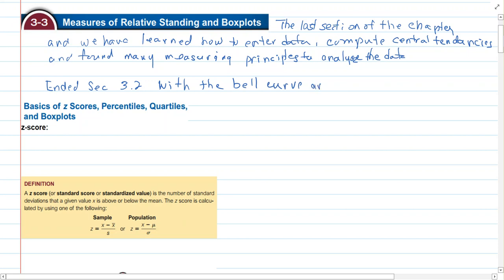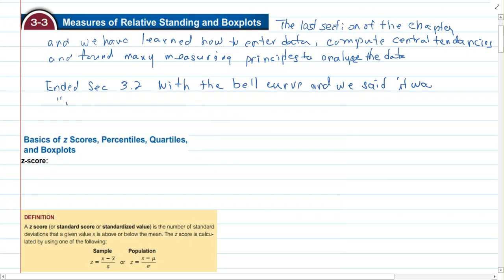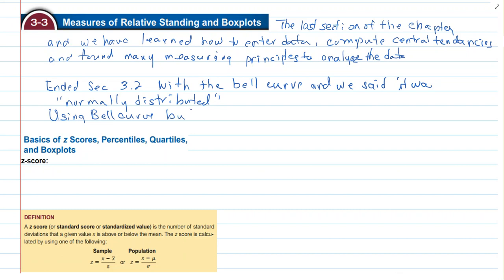And we said it was normally distributed. And we said that was a key word. Well, in this last section, we're using the bell curve and adding to it, I shouldn't say but,